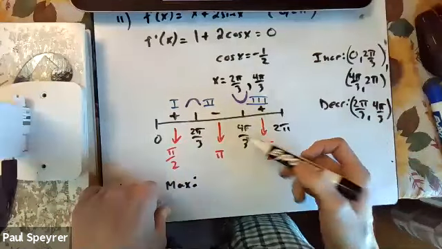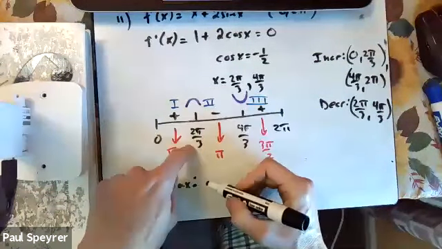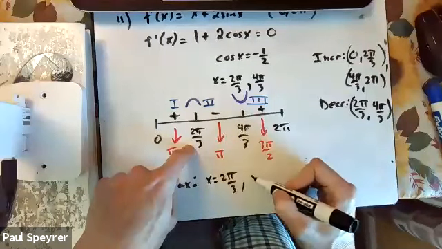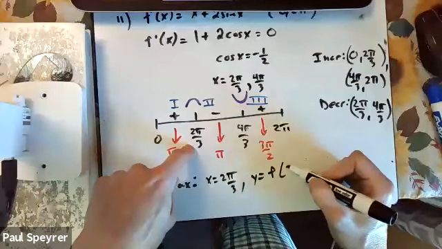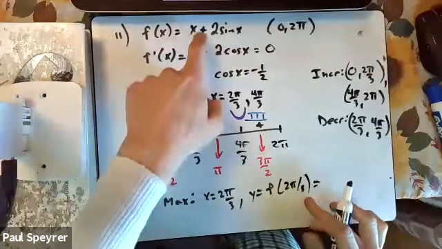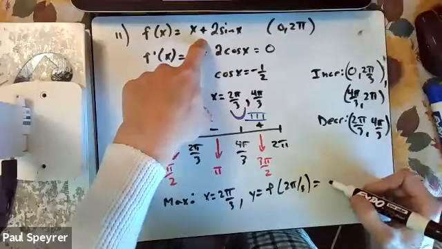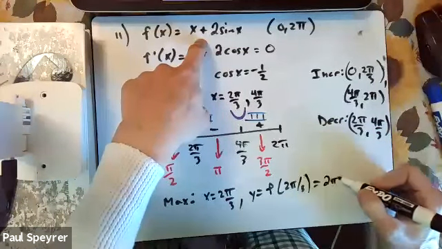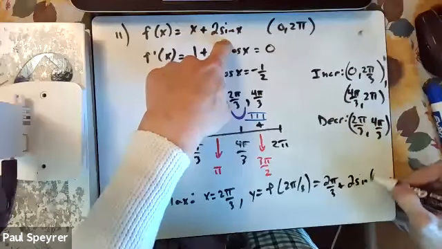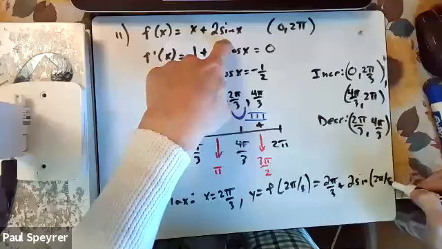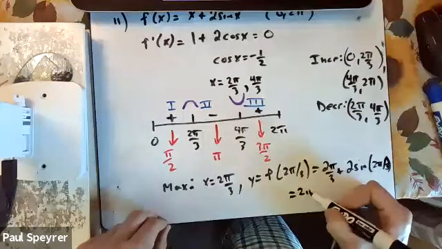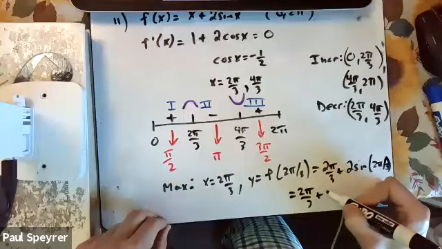So where do we have a max at? Where it's opening up, right? At x equals 2 pi over 3. So y would be f of 2 pi over 3. Remember, we plug that back into the original, right? So that's 2 pi over 3 plus 2 sine of 2 pi over 3. What is that? That's 2 pi over 3 plus 2 times